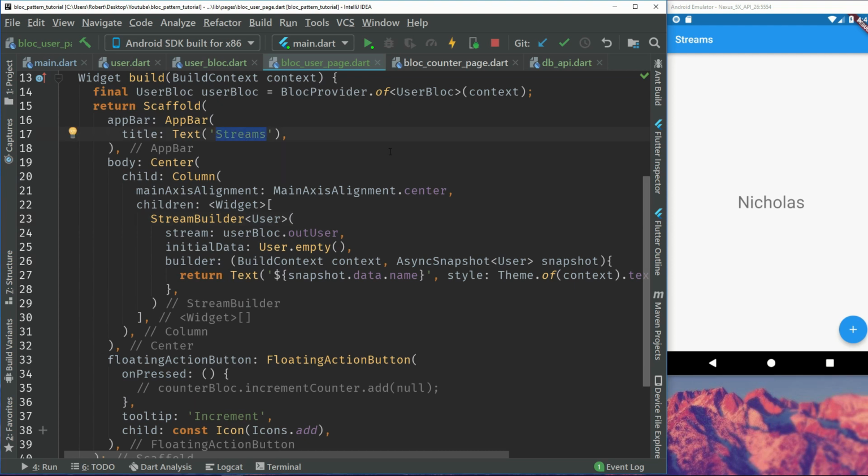And we call this user block, like that. So if we remove the user or the initial data, you can guess what's happened. We will have an error for like 1 second, and then it will display Nicolas. So to make this a bit more reactive, we can take this